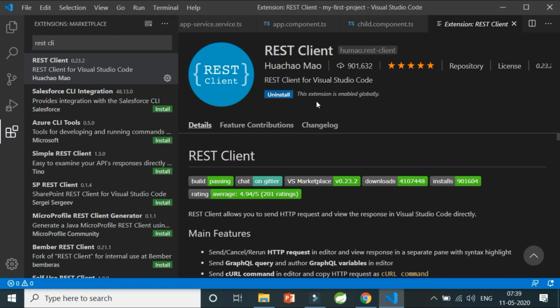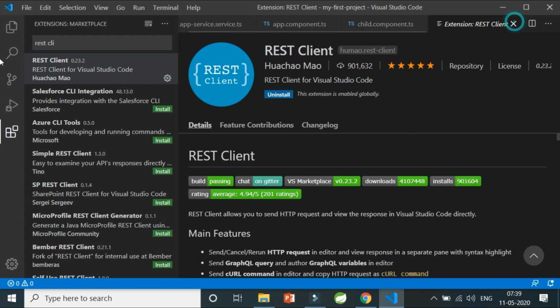Whenever you try to hit a particular backend API, rather than going to a third-party tool like Postman, you can actually use Visual Studio Code itself as a way to hit those backend APIs. Yes, you have heard it right. I'm going to show you how from Visual Studio Code itself you can hit your get or post or fetch any kind of HTTP request to backend APIs and see what response is coming in, in Visual Studio Code itself.